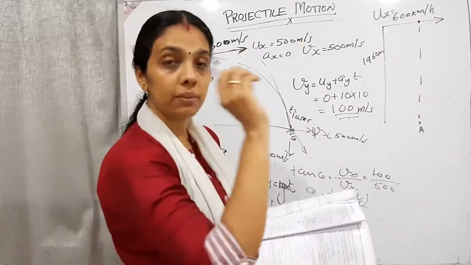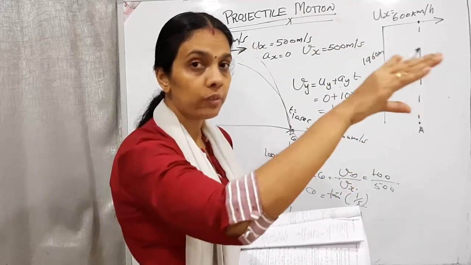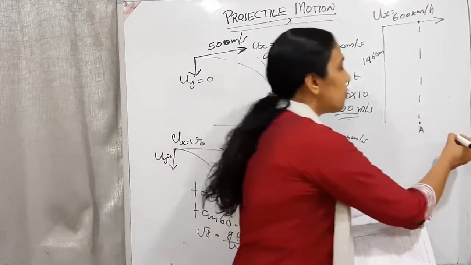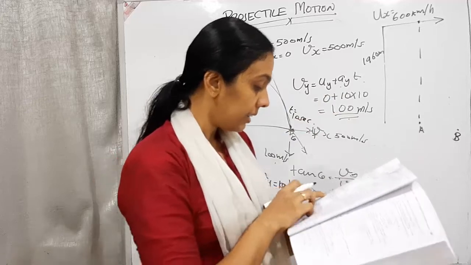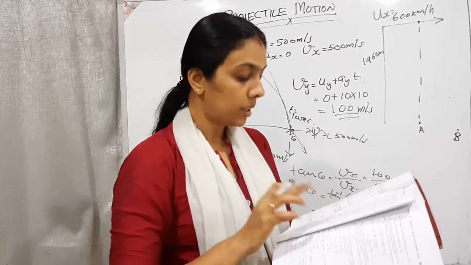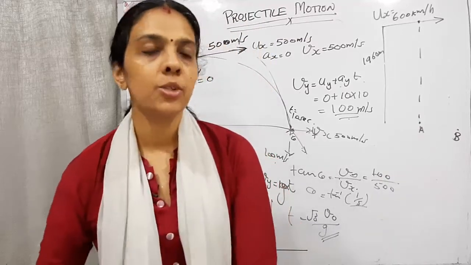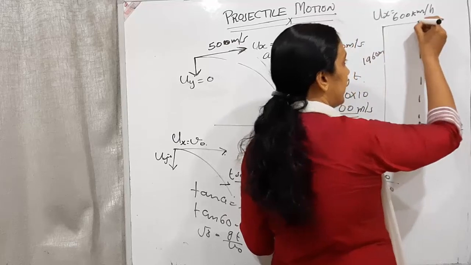So it's moving with a velocity 600 km per hour and the object is thrown from it when it is vertically above the point A. And it is falling here at the point B. It is given that the body strikes the ground at the point B. Then the distance AB will be? So we need to find out this horizontal distance.